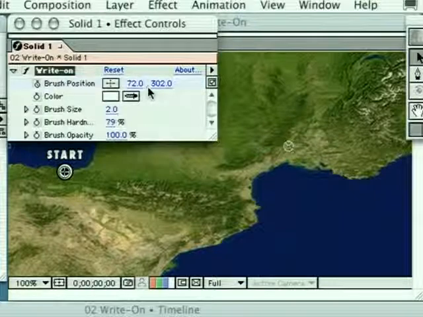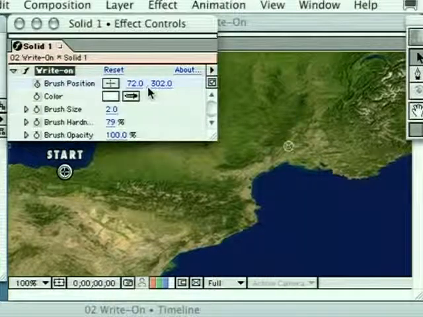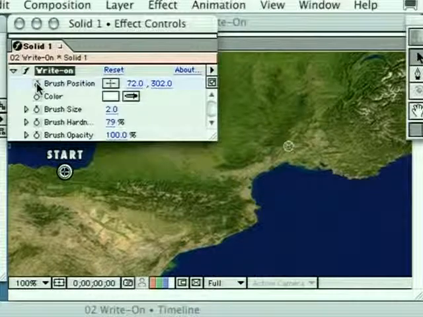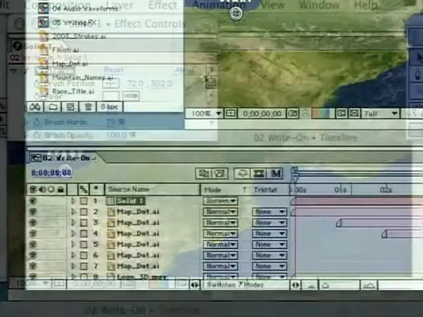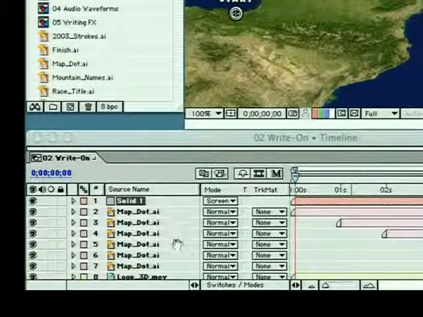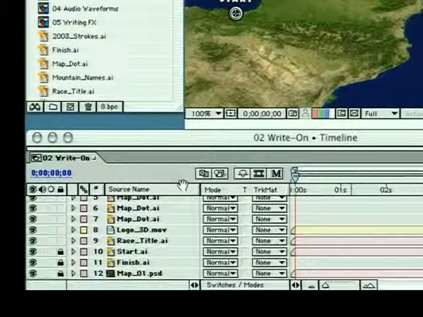Well, it's possible to convert a mask into keyframe data for brush position. That's exactly what we're going to do. So let's turn this one off. Okay, so I've turned off all the keyframes here, so we're back to just the original position, which is currently in the start town. What I'm going to do is go down to the timeline, again using the H key just to give me my hand tool so I can scroll up, and you'll see down the bottom here is